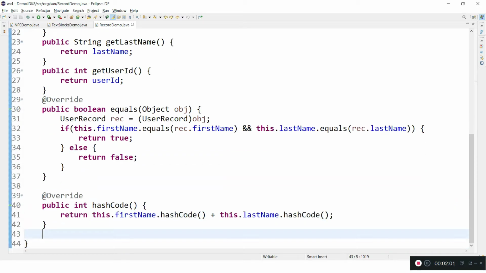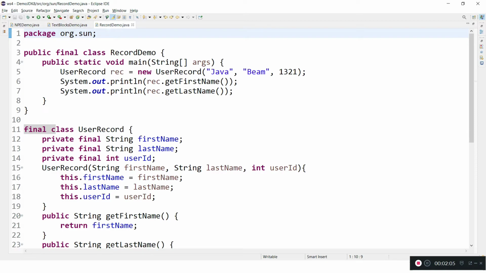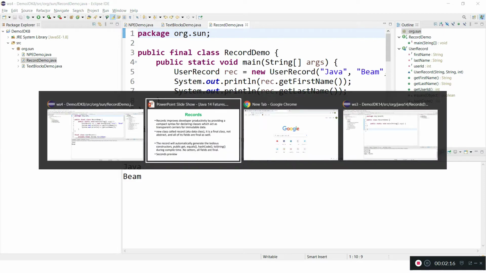This is all tedious work, and so much boilerplate code we need to write to make immutable data. But we'll see in Java 14 how we can write an immutable object using records. This is my class.